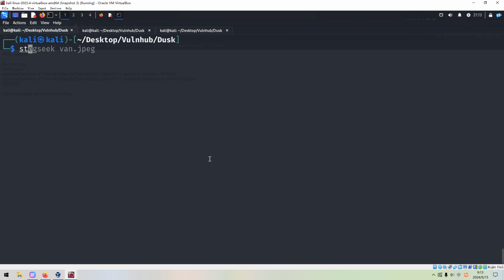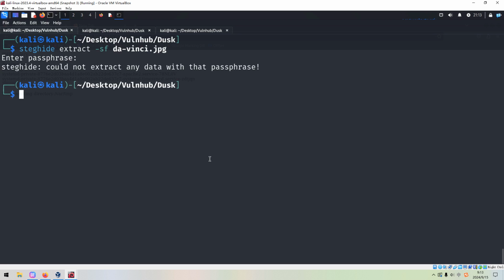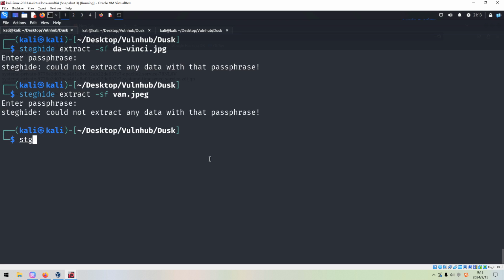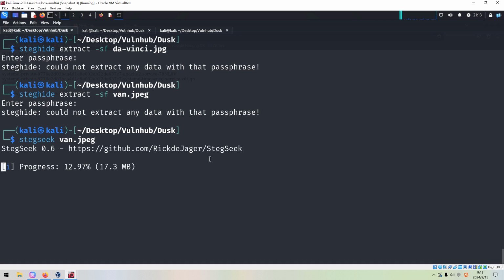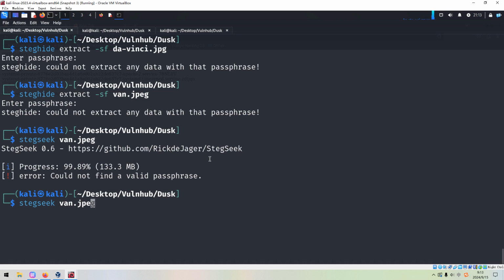Next, we can use steghide. No passphrase. Then we can try to use stegseek. And next we can try this image.